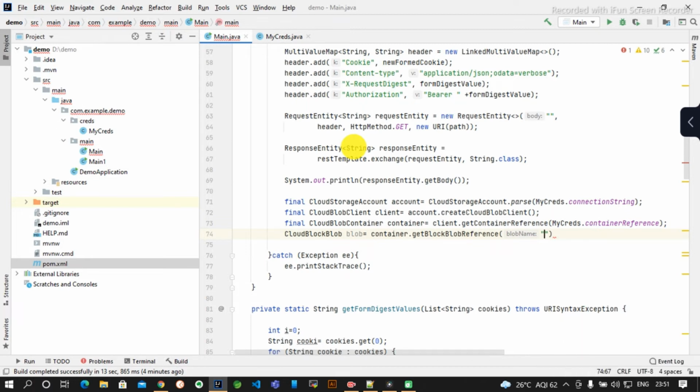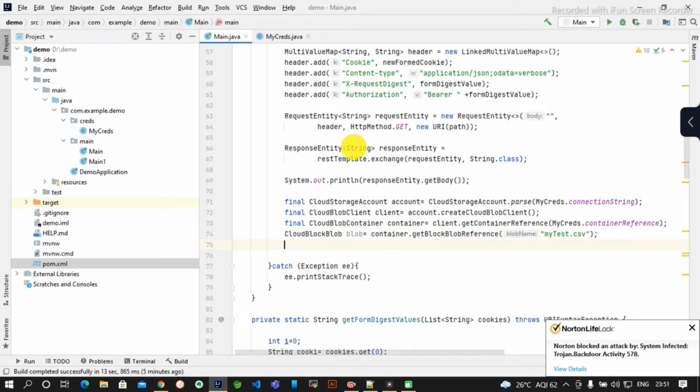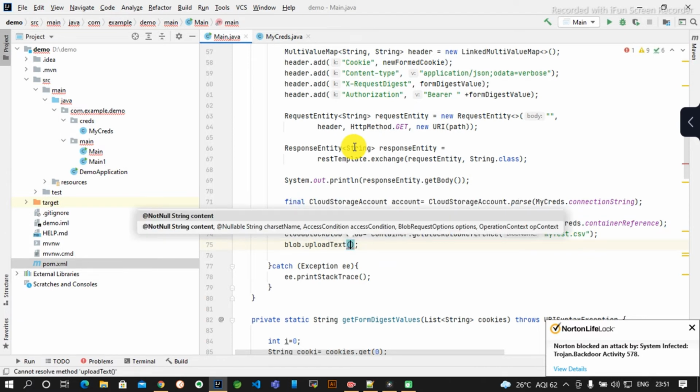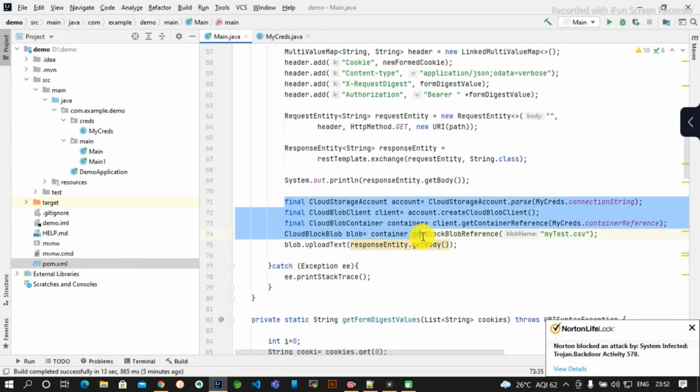So let it be mytest.csv. Then directly we can use blob dot upload text, with our string, meaning response entity dot get body. See, this is very simple. Within 5 lines of code we are uploading our files to the Azure Blob.